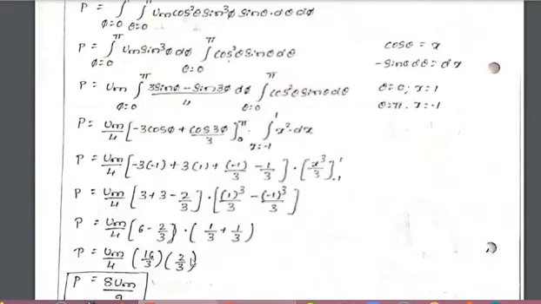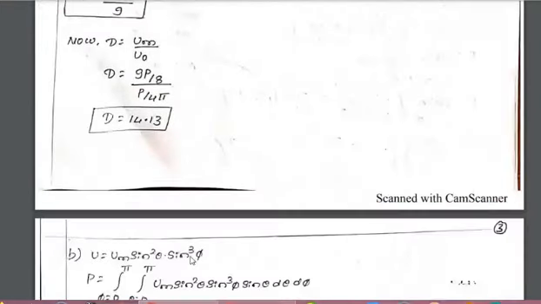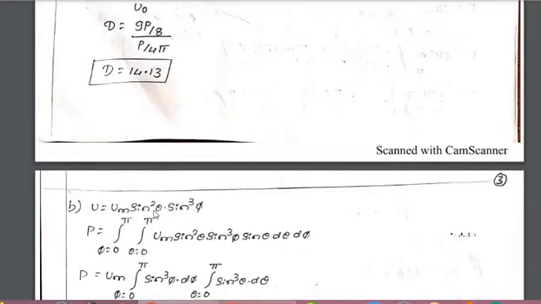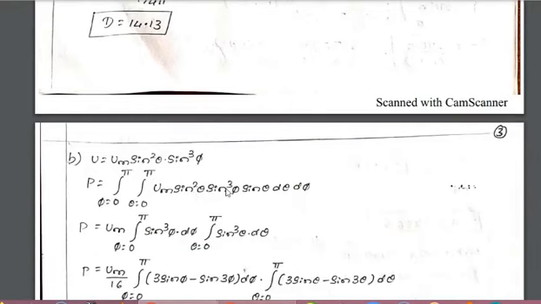If we have the intensity pattern in terms of theta and phi, this is very easy to calculate. The same way, the second one has to be calculated, that is the sine square theta. There it was cos square in the first one, now it is sine square. So sine cube is there. Now sine square theta and sine theta are there, and again you have to utilize the same power equation. The limits are given in the problem itself: theta varies between 0 to pi, and phi also varies between 0 to pi. So sine cube theta and sine cube phi will come into the picture.